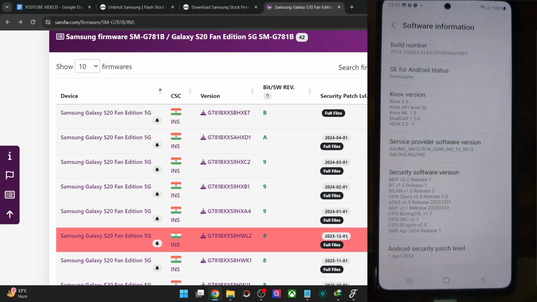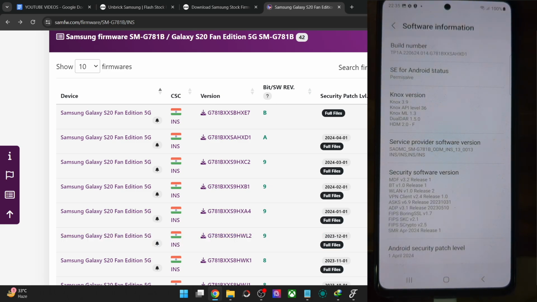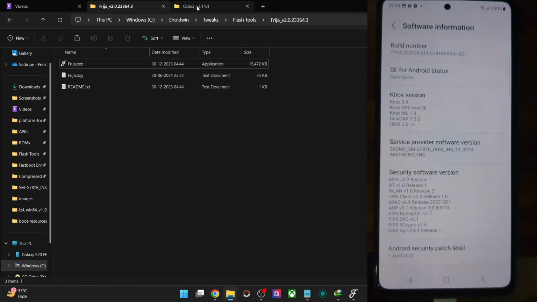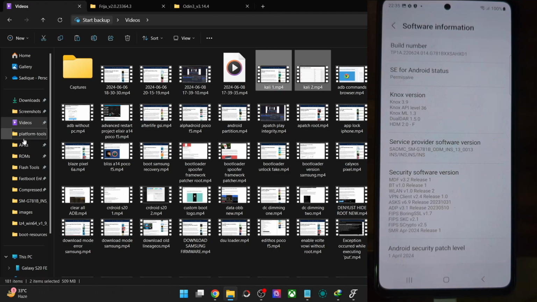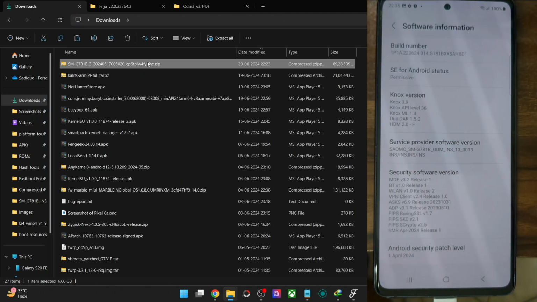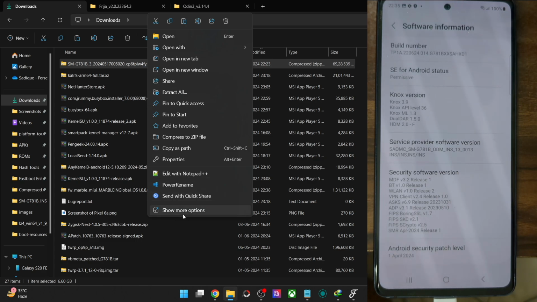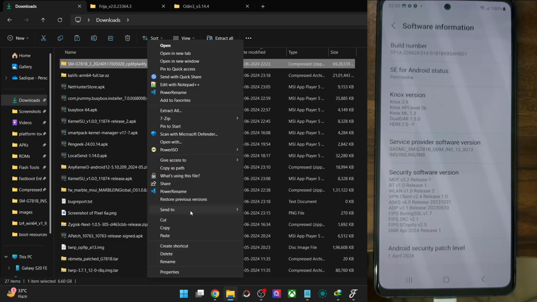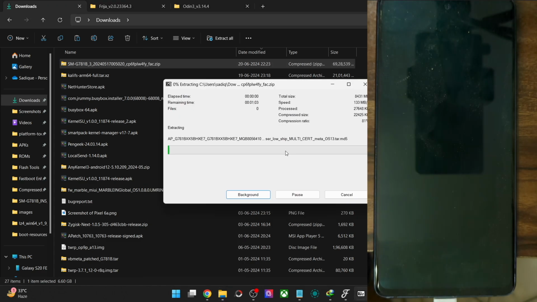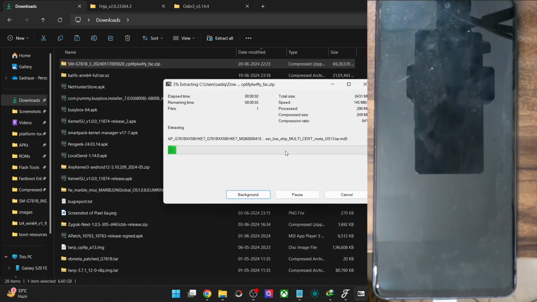With that said, I have got hold of the latest May build, and let me show you. Once you have done the download, the firmware will be in a zip encrypted format. This is the zip file. You may then extract it. For extraction, you may use any tool of your choice. I am using the 7-Zip software, and the extraction might take a little bit longer. There should be overall 6 files: AP, BP, BL, CP, CSC, and home CSC.